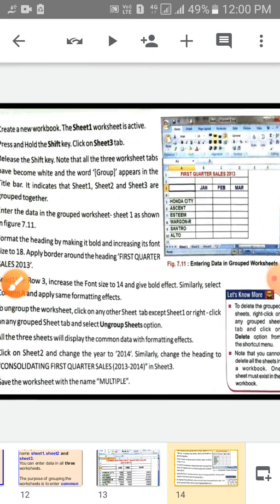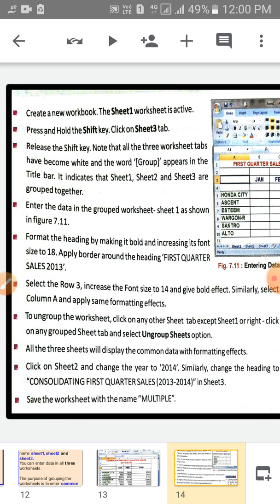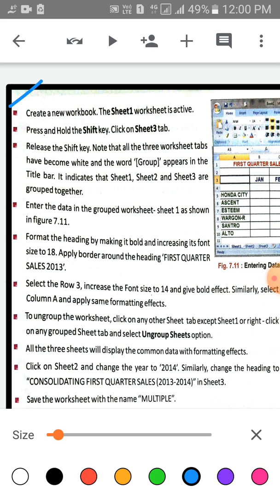Now children, look at the screen. First of all children, create a new workbook. Sheet 1 worksheet is active. Press and hold the shift key and click on the sheet 3 tab. Release the shift key. Note that all the 3 worksheet tabs have become white and the word group appears in the title.